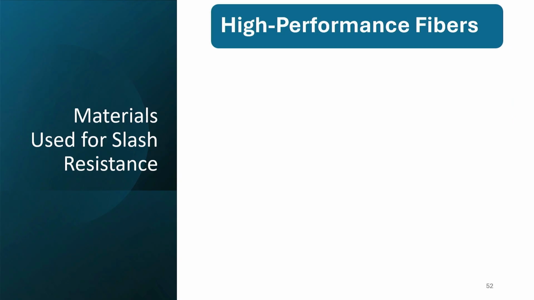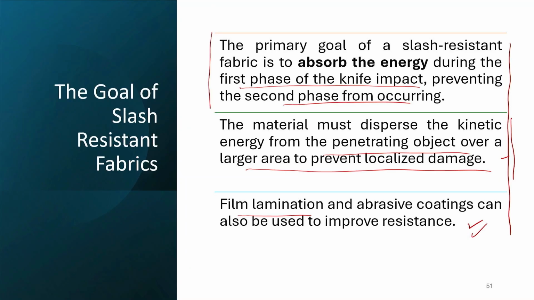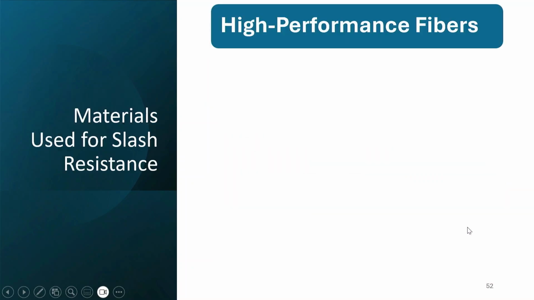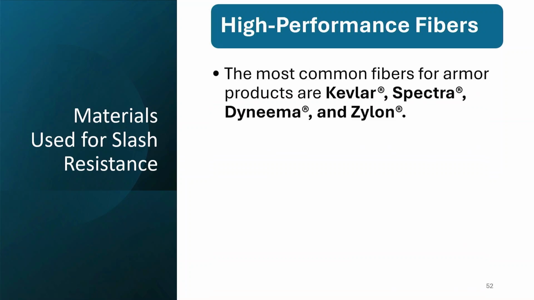So, first is energy absorption, which we have talked about. To absorb the energy, we need high performance fiber. So, the materials used for slash resistance, first is high performance fiber. The most common fibers for armor production are Kevlar, Spectra, Dyneema, Zylon. So, these are the fibers which are used